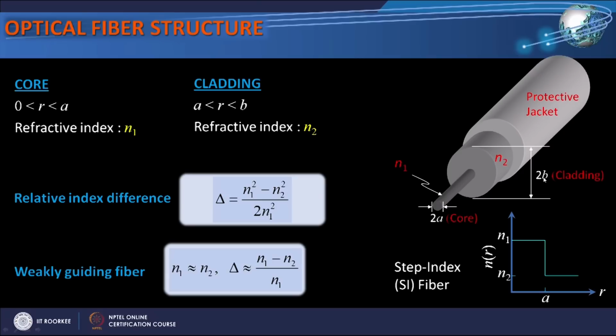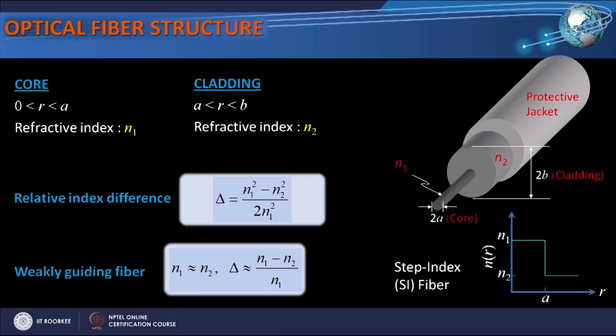So, if I look at the refractive index variation in this region, then in the core, which is defined by 0 < r < a, the refractive index is n1. In the cladding, which is defined by a < r < b, refractive index is n2,